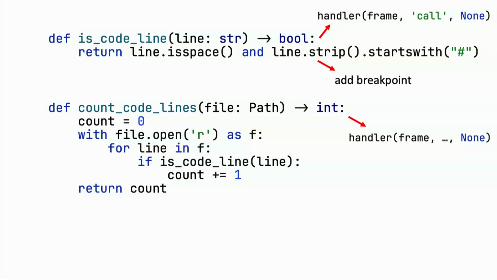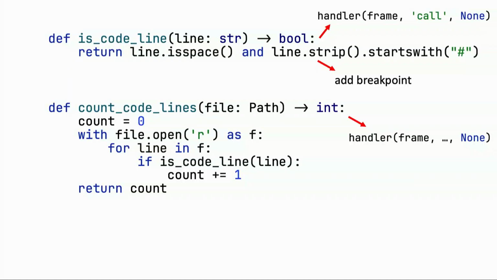Yes, that's sneaky, but the user can do this, because why not? That's a normal behavior when we debug, that we set breakpoints at other methods. And that's pretty problematic, because when you see here, the handler already returned none for the count lines. So we never get line breakpoints for this invocation of count lines.